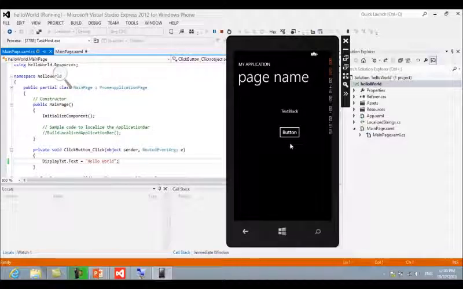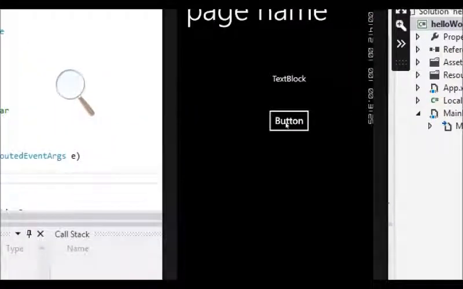Do you see anything happening right now? No, right? If you come to your room, the fan does not start automatically. In the same way, you have come to this world, and the text block text will not change automatically. You have to trigger some event, that is, you have to click the button. So let's see how it works. I am clicking on the button and you can see Hello World is displayed over here.